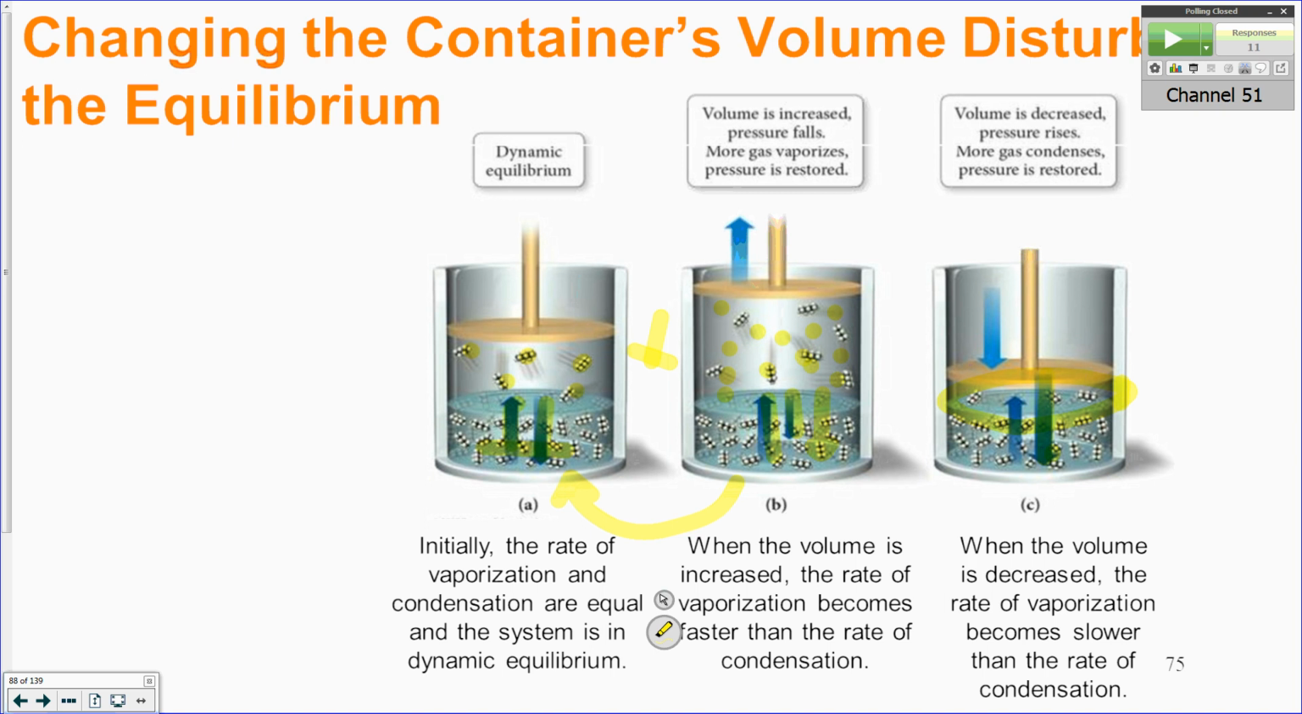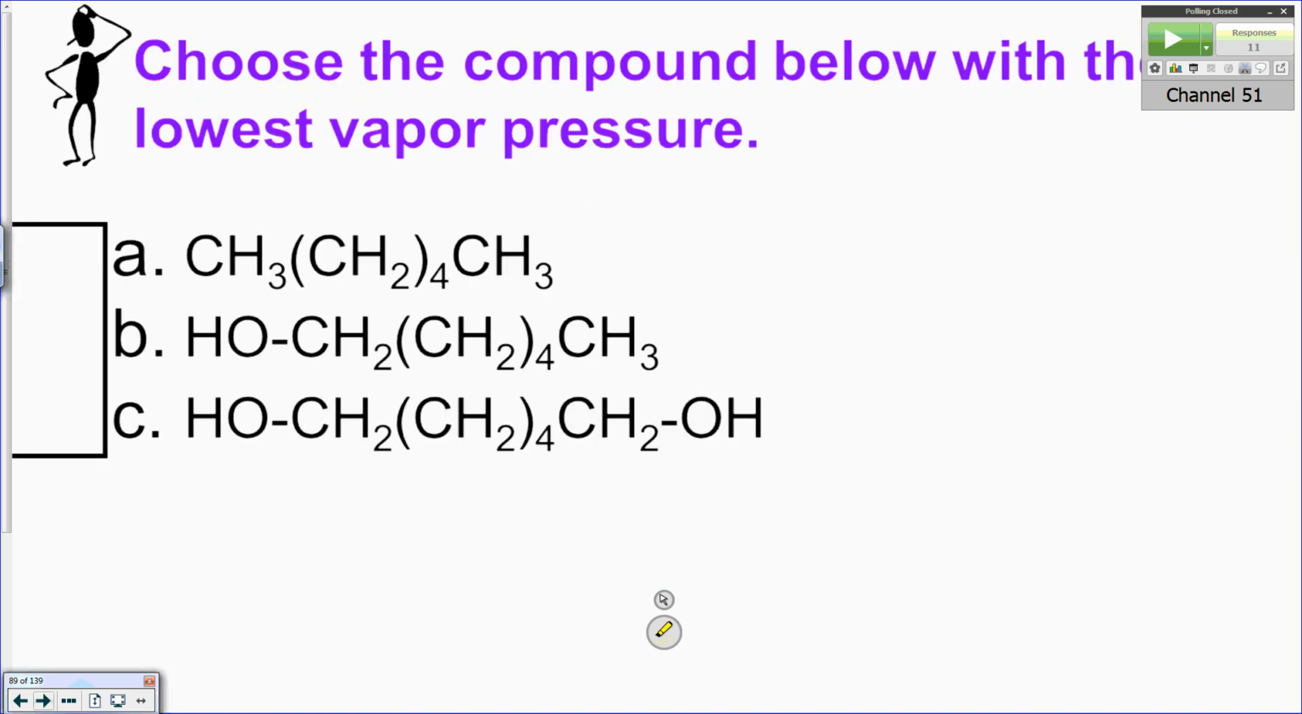I can't think that I've made that into a test question. That sounds like a good test question that I need to do. How would a system respond to a change in volume of the piston? Okay, so